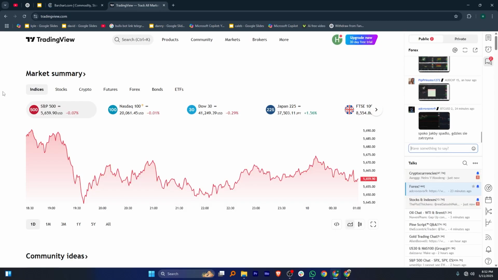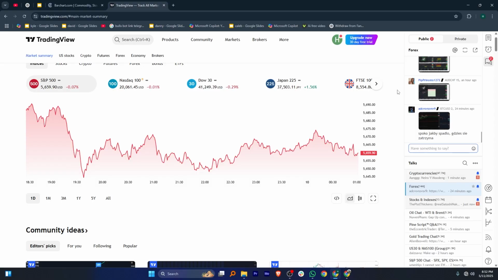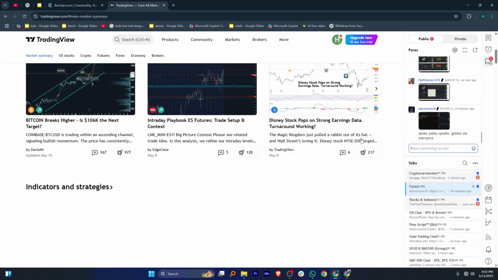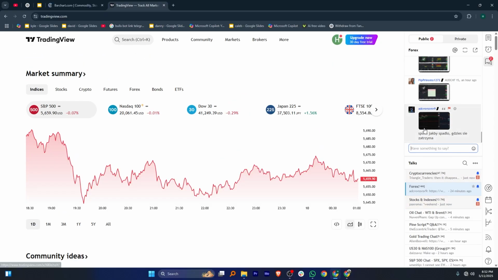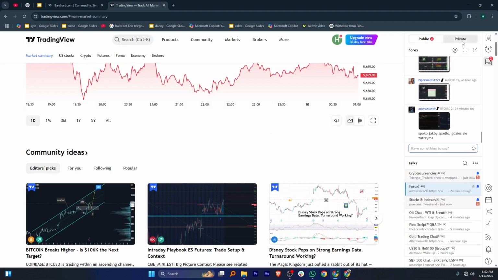On the other hand, TradingView is a visually intuitive platform with powerful charting tools for stock, forex, crypto, and more. Its user-friendly interface and cloud-based access make it great for beginners and pros alike. Users benefit from a large community sharing trading ideas, scripts, and technical analysis.